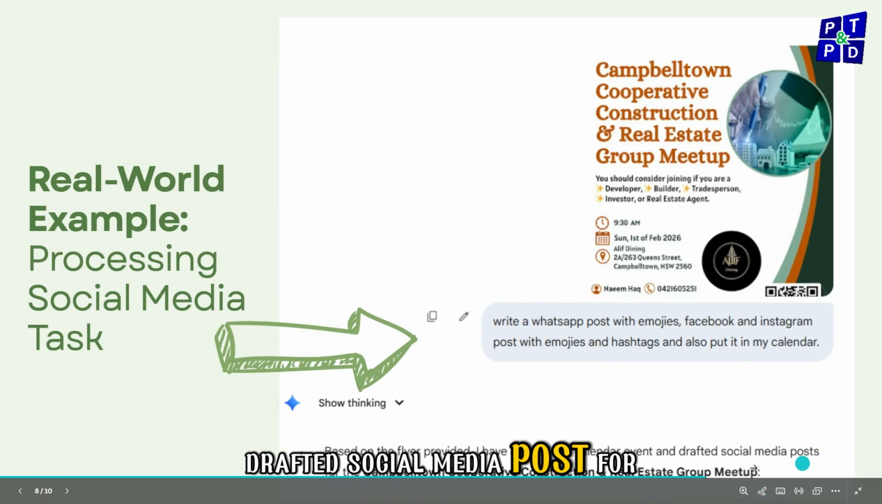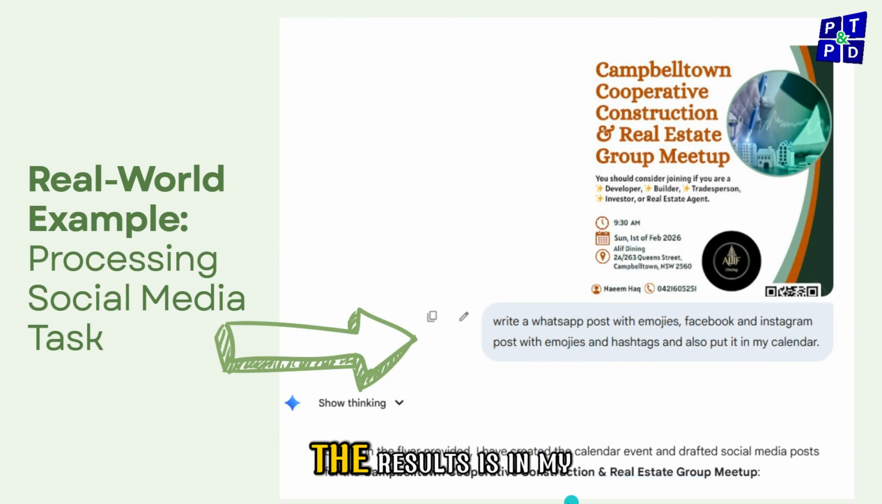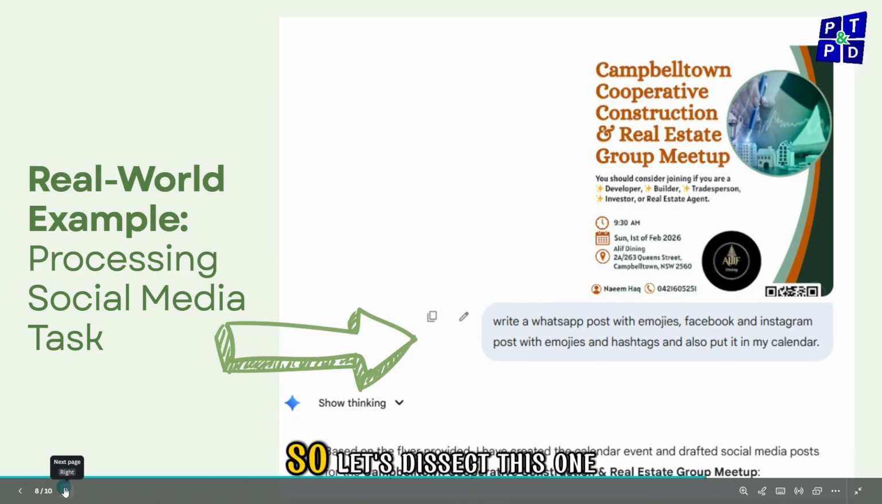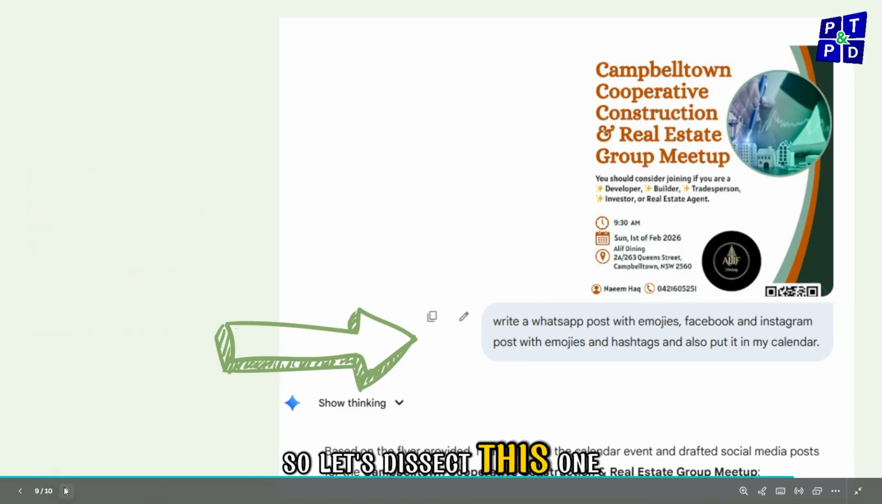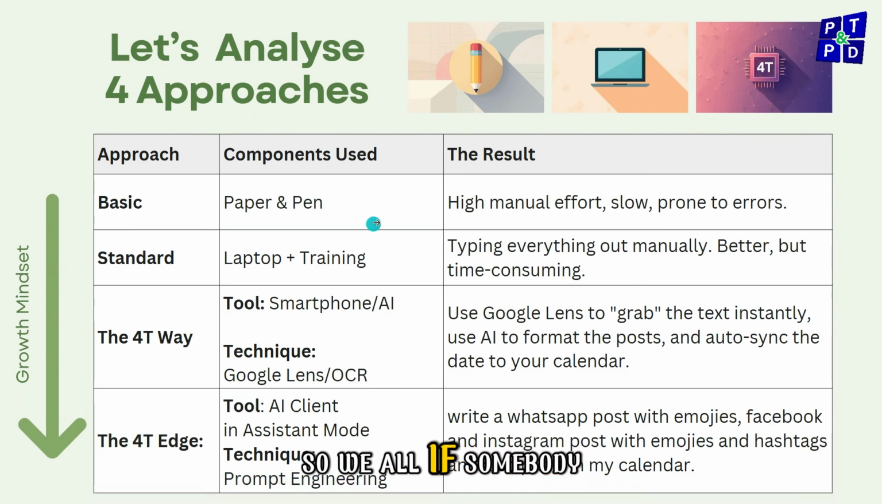Drafted social media post for this meetup. So this is a meetup. It's a real life example. I actually did it, I have the results. It's in my calendar. Anyway, let's dissect this one. How does this mindset work? If somebody sits down and writes on a paper, then types on a laptop, and learns how to type, and then opens Facebook and creates a post, and then you come with us and say,